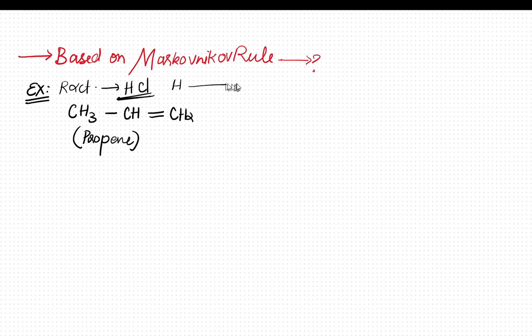Okay, so first of all, your hydrogen chloride bond breaks, wherein your hydrogen gets a positive charge and your chlorine gets a negative charge. Hydrogen gets a positive charge, so it is going to act as an electrophile. So your hydrogen first of all comes and attacks your alkene. Your bonds will break and there will be a movement of pi electrons,